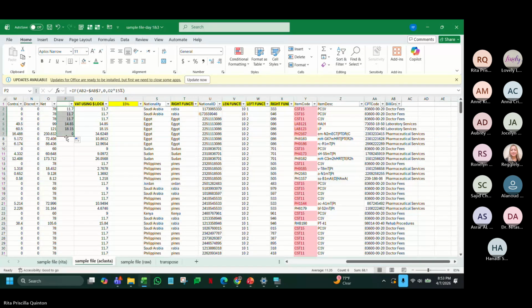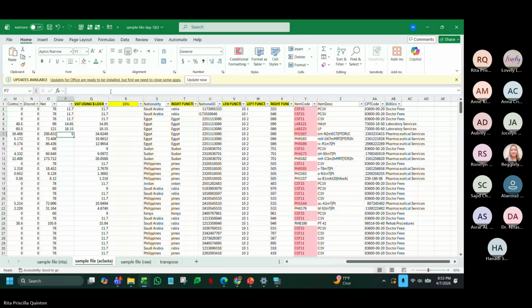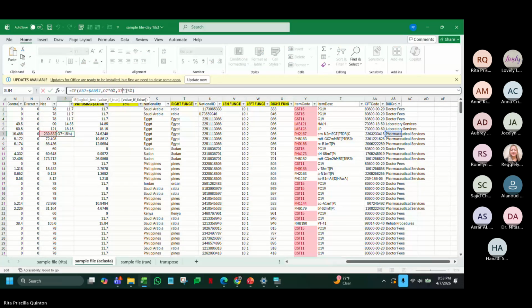Aywa. You can do the same here that, for example here, if AB7 equals AB7, then O7, I will copy it, paste here, but instead of putting 15, I'll put 0. So just so you know that if you read your formula, what does it mean?